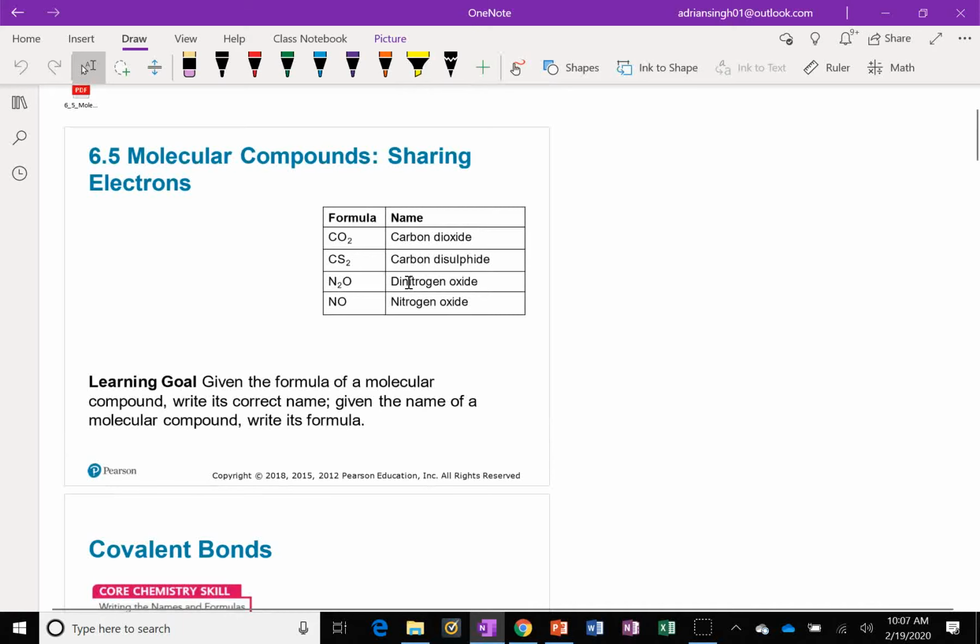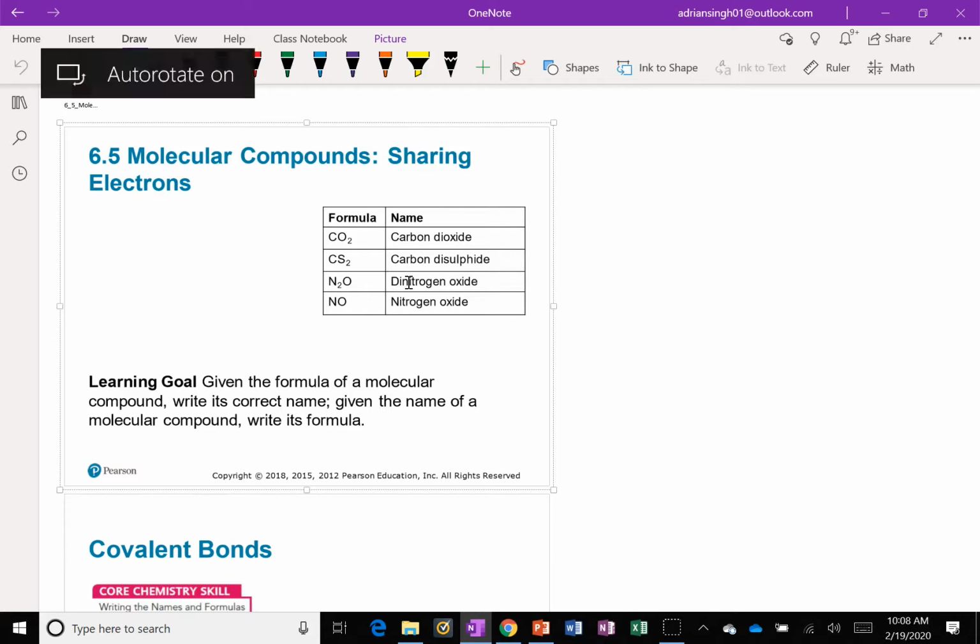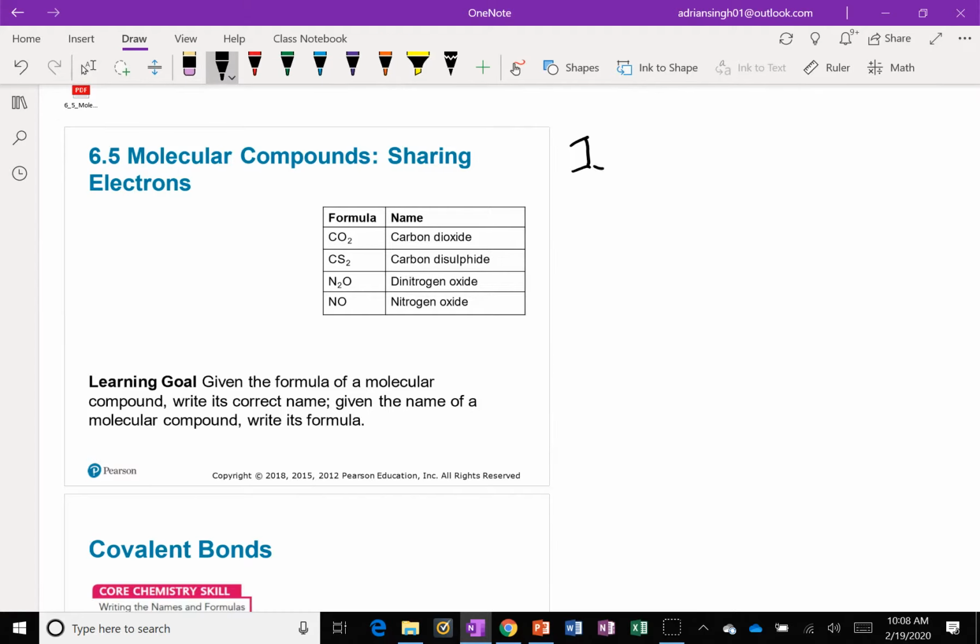How they compare to, or how they're different than what you did in lab last week, which was what? What types of compounds did you look at in lab last week? Do you remember? Ionic compounds. Okay, so let's use that as a reference. So versus ionic compounds,